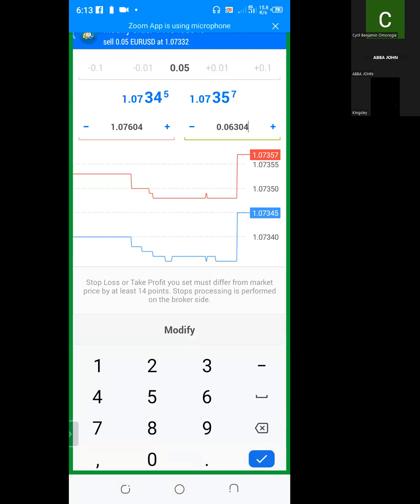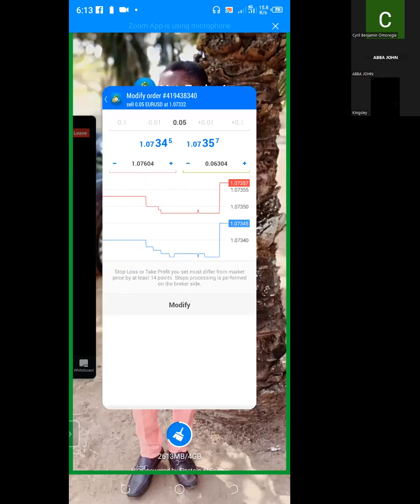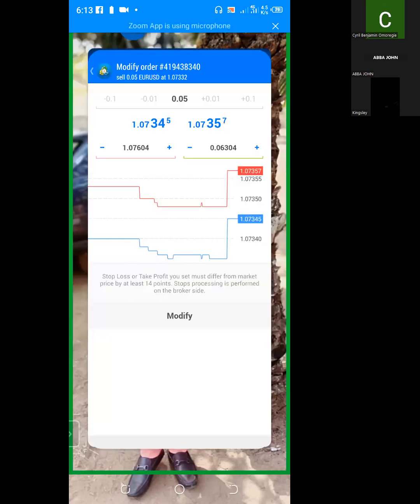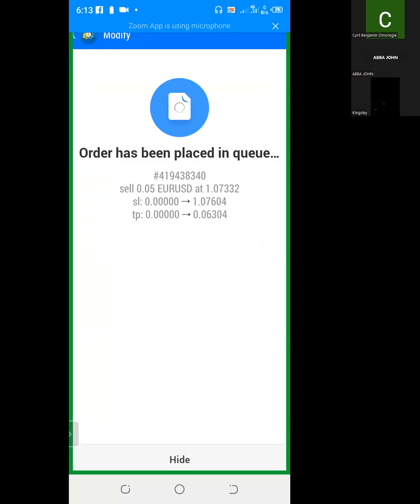Okay, I've seen you, Mr. Kingsley. This 1 point, you did 0 points. That trade will never get there in the next 3 months. All these kinds of mistakes, avoid them when you are trading. It's like saying everybody is going to 1,000, and you now go and mistakenly set 1 million targets. Nobody will reach 1 million. Oh, you can see now. This is why I don't want people to use